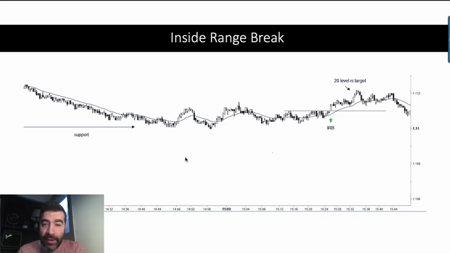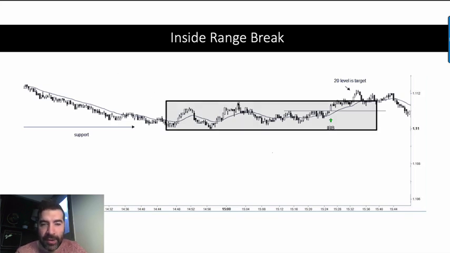Okay, so this is the inside range break. A lot of times, when the range is just going up and down, it doesn't mean that the only time you can trade is to break out from the range on the top or on the bottom. A lot of times, there's going to be a formation or a buildup inside the range itself. So he doesn't paint the top and the bottom of the range over here, but you can see that here is the top of the range, and kind of here's the bottom of the range.